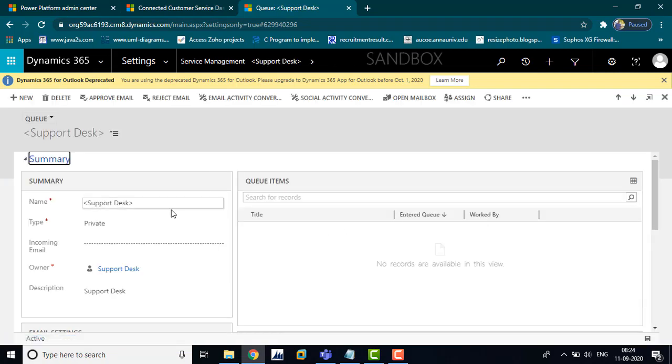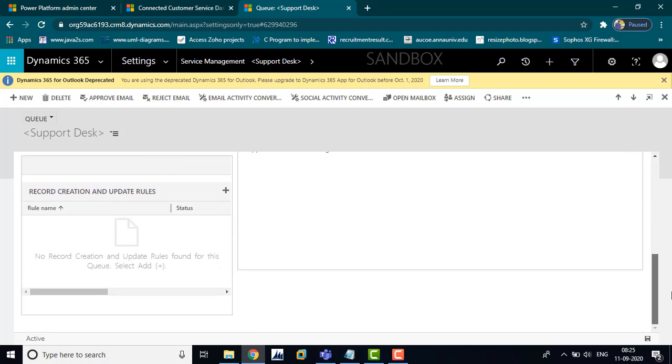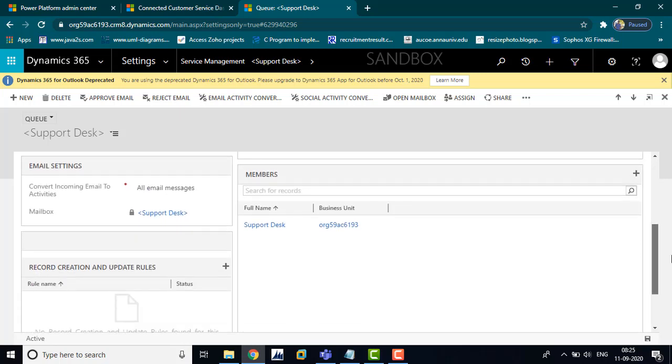So I am going to configure this queue for the automatic case creation rule. Give the proper name and scroll down and choose the mailbox.